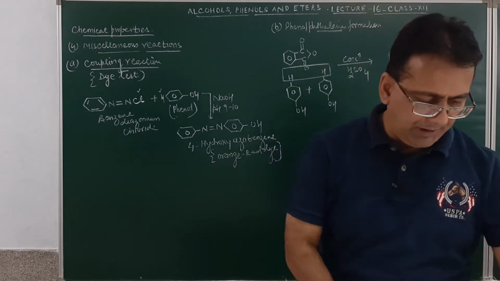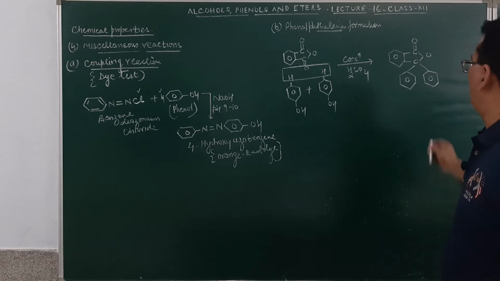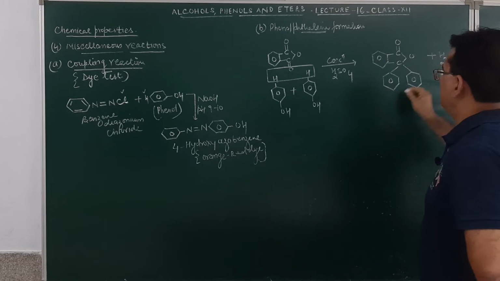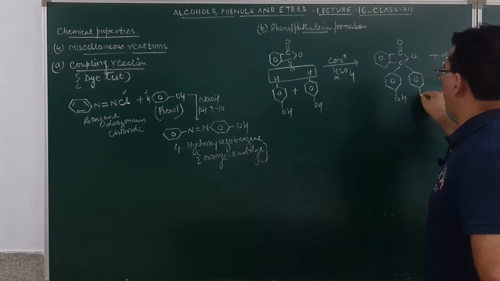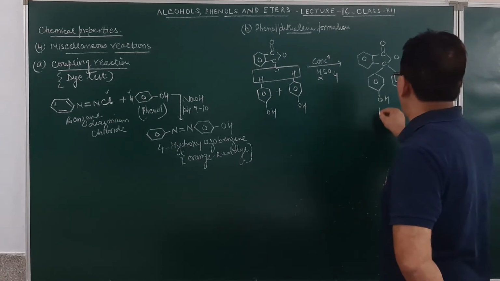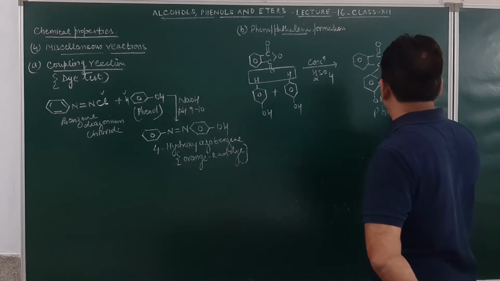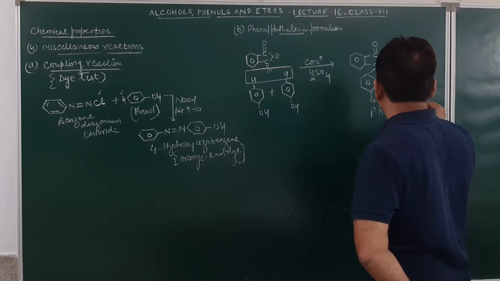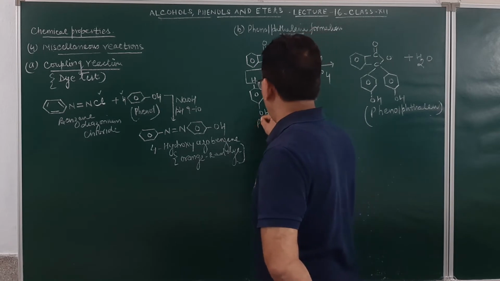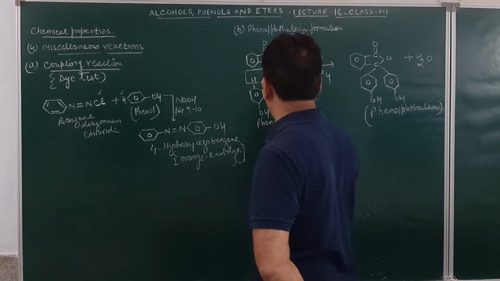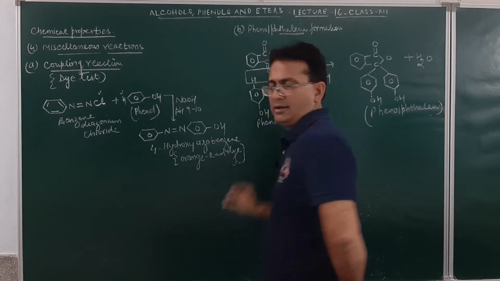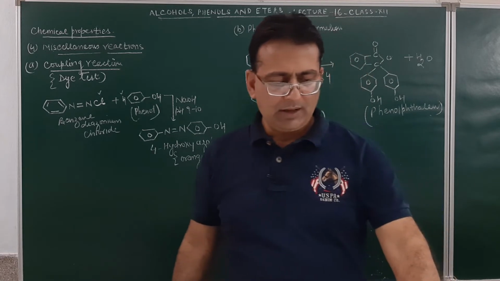However, how do we prepare phenolphthalein? This is the method of preparation of phenolphthalein, plus a molecule of water will be given. This will be OH and this again over here will be OH. So this is how the formation of phenolphthalein takes place. Am I clear? And there we take phenol. How many molecules of phenol did we take? We took 2 molecules of phenol. Is it clear, student?